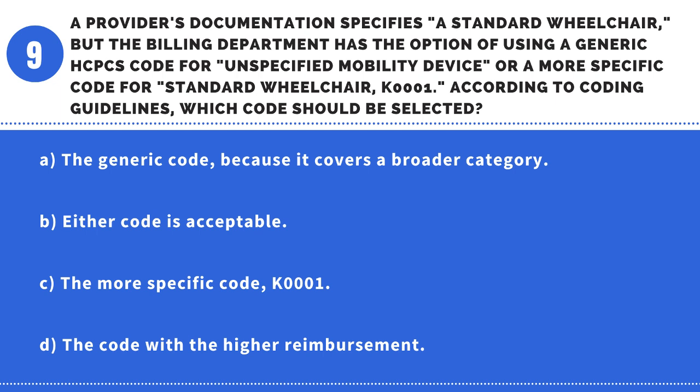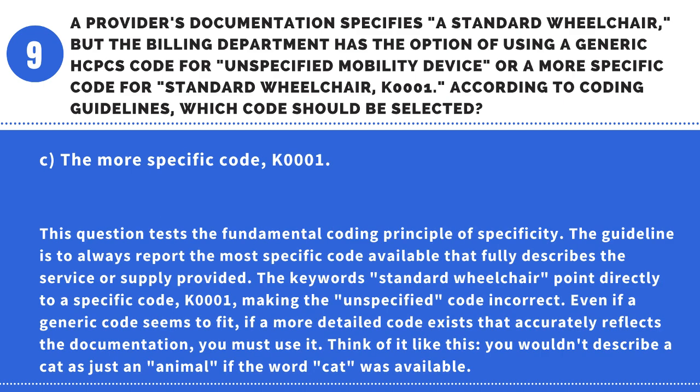According to coding guidelines, which code should be selected? A. The generic code, because it covers a broader category. B. Either code is acceptable. C. The more specific code, K0001. D. The code with the higher reimbursement. Answer C. The more specific code,